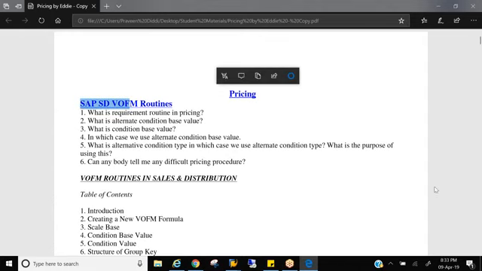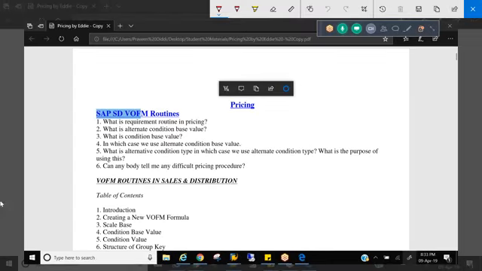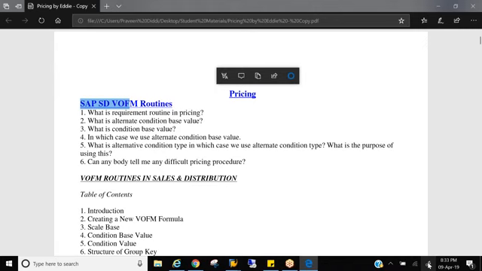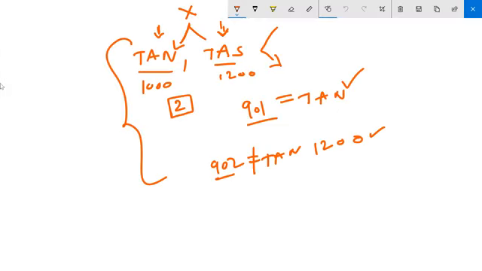One more thing, I forgot to tell you. Why did I write 901, 902 here? Why can't I write 500 or 300? Because standard SAP has given routines up to 900.